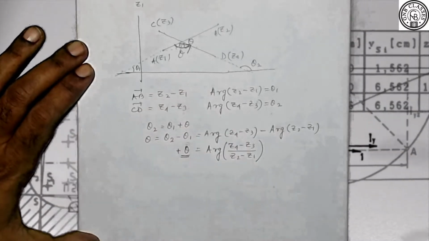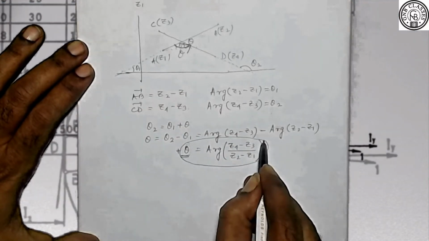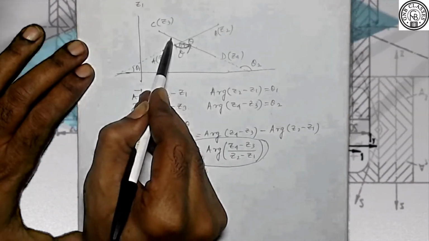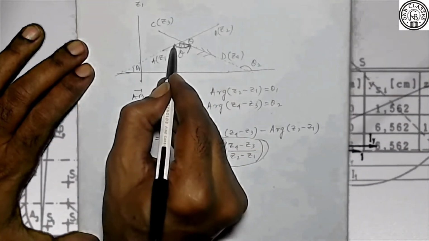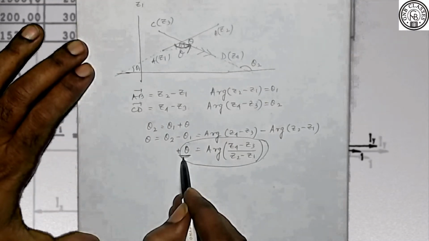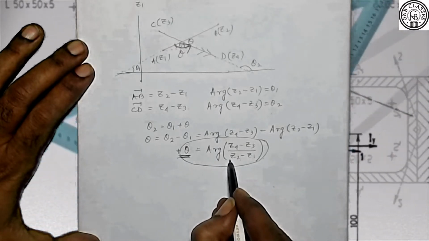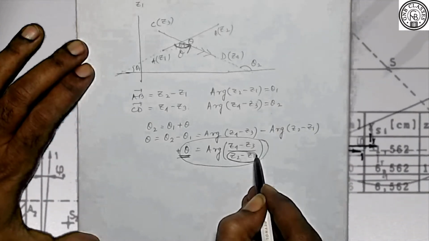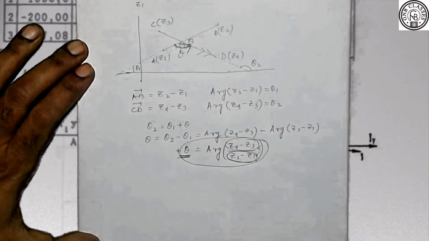So from here we can say how to interpret this result right now. You see, this arrow is headed towards this vector, which is z4 minus z3, and it is starting from the vector z2 minus z1. Then your theta is positive. So can we get this one? That we will always start from the vector which is in the denominator to the vector which is in the numerator. Is it clear or not?